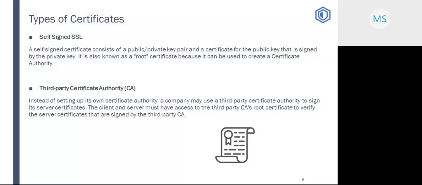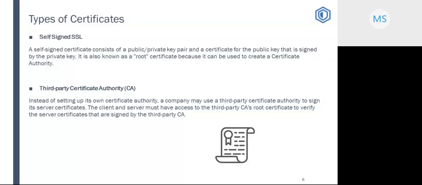About the third-party certificate, CA, you can also use this third-party CA certificate to secure communications. GSKit provides a collection of third-party root certificates from well-known CA companies. If the server is going to use certificates from a third-party CA whose root certificates are not shipped with GSKit, then third-party CA root certificates must be imported to both the server and the client key database files. In this presentation, I am covering only self-signed certificates. For CA certificates, you can refer to the documents in the reference slides.